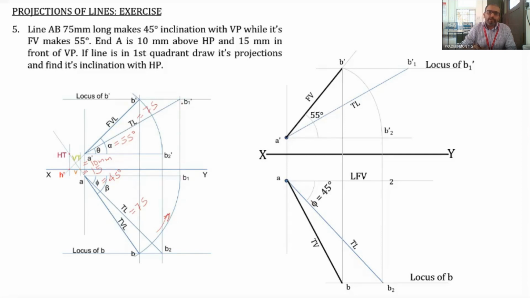That also is possible. Otherwise, project the B1 dash to B1, and then this is for a check, the final step, that is from B1 to B1 dash to B1, then from B1 to this B, drawing an arc. If B is the same by obtaining in both the ways, then it will be accurate. Our drawing will be accurate. This is a final check.